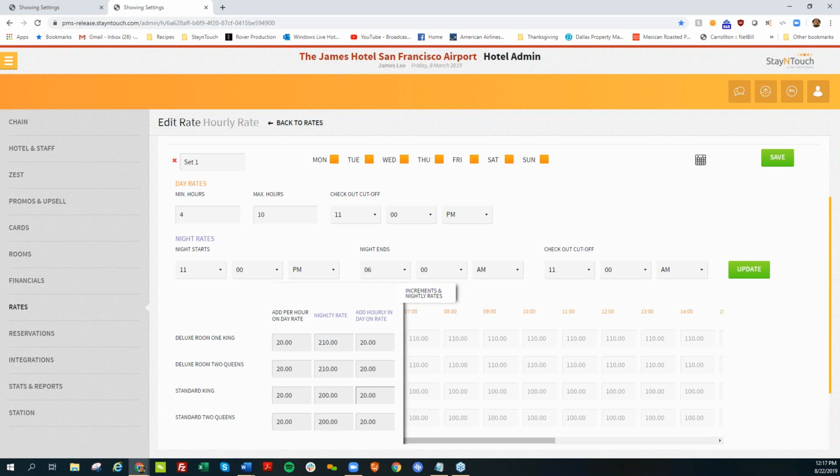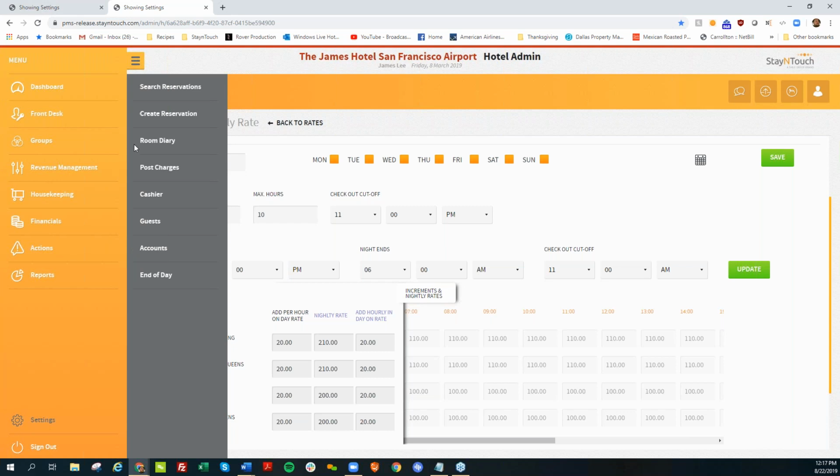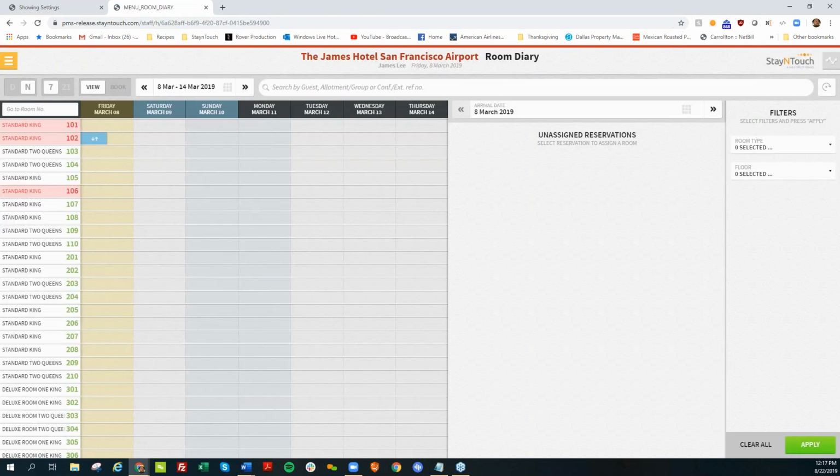All right, so we're moving on. We're going to move into a couple of other room diary enhancements that we have. From here, if I go into my room diary, we have actually rolled out some functionality to show you when you are overbooking your hotel. This is on a nightly view, but if I choose to book here,